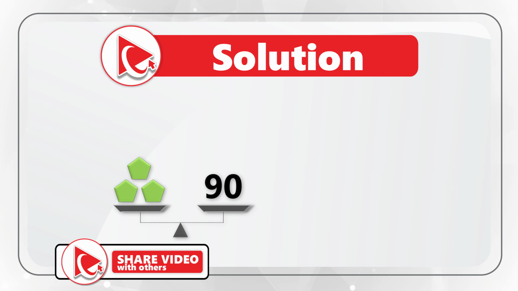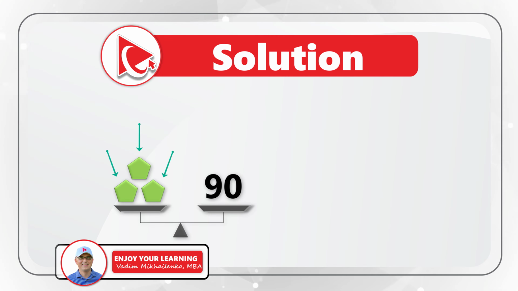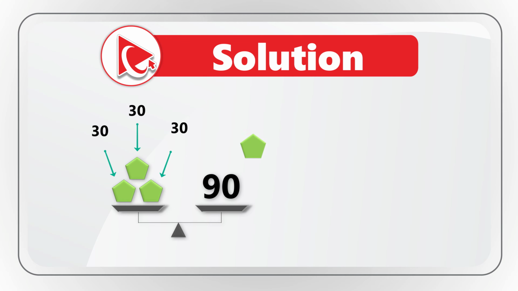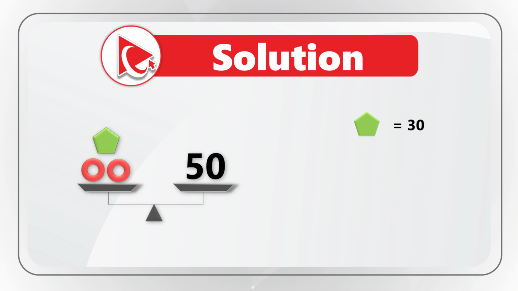Let's start with the scale 1. It has 3 pentagons on the left and number 90 on the right, which means that each pentagon has a value of 30. Second scale contains 1 pentagon and then 2 bagels, and the combination of these shapes equals number